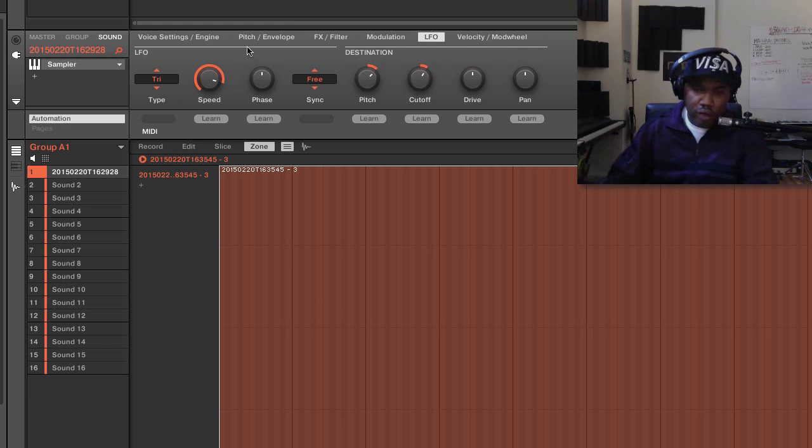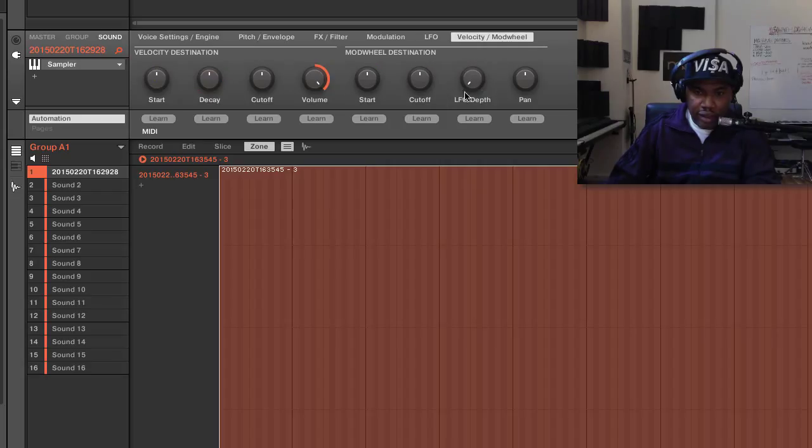Now maybe we don't want that to play every time we hit a key. So what I'm gonna do is go to velocity mod wheel, and I'm gonna turn up the LFO depth on a mod wheel destination. When I turn this up, the only time you're gonna be able to hear that modulation is when I raise my mod wheel on my keyboard. So right now my mod wheel is down, so you're not gonna hear anything. But if I